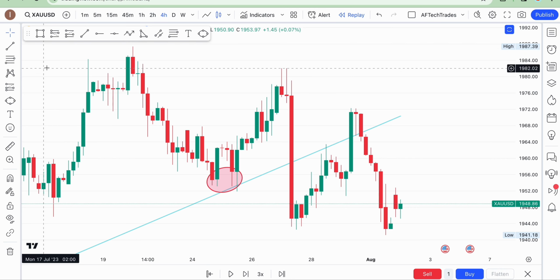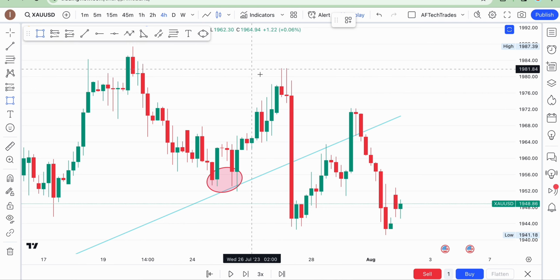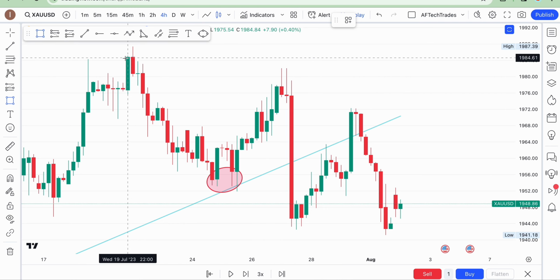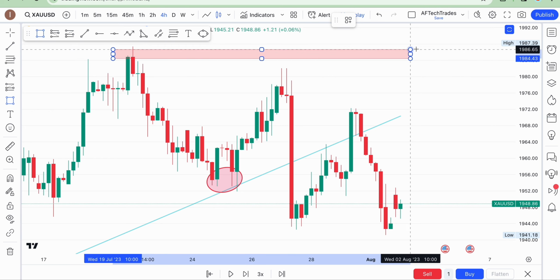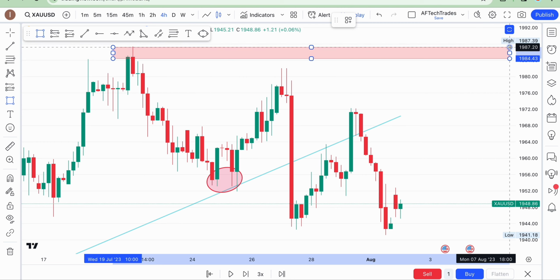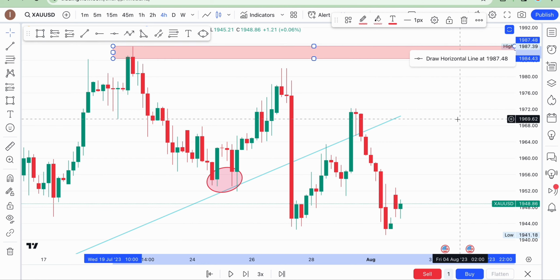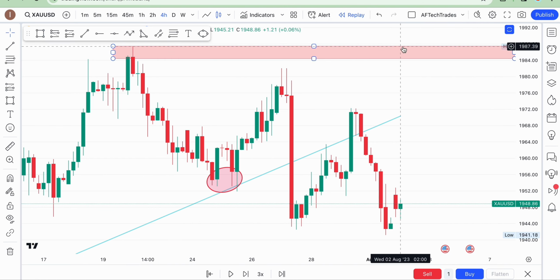You mark out your last higher high, which was around this side, right? It was around this side was our last higher high, right? So you just mark out your zones. As long as the market didn't go back to this zone and break it, then you should be looking for a sell entry. You can even go down to a lower time frame to look for your entry positions, right?